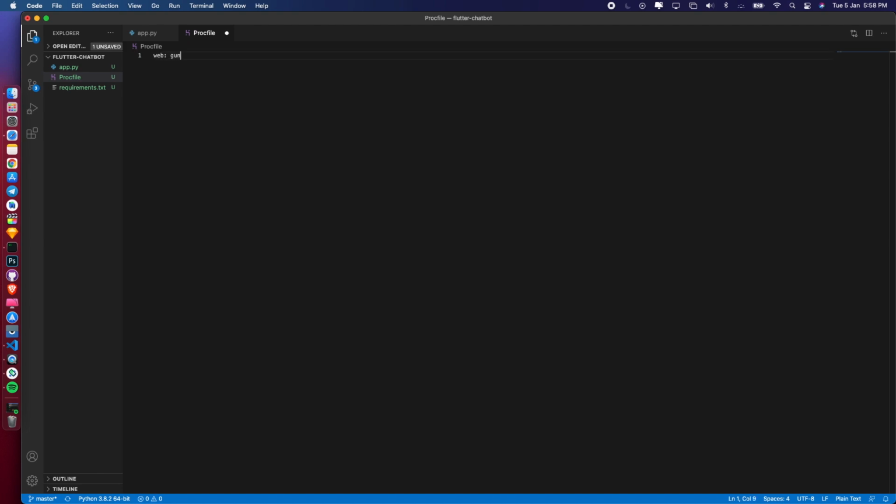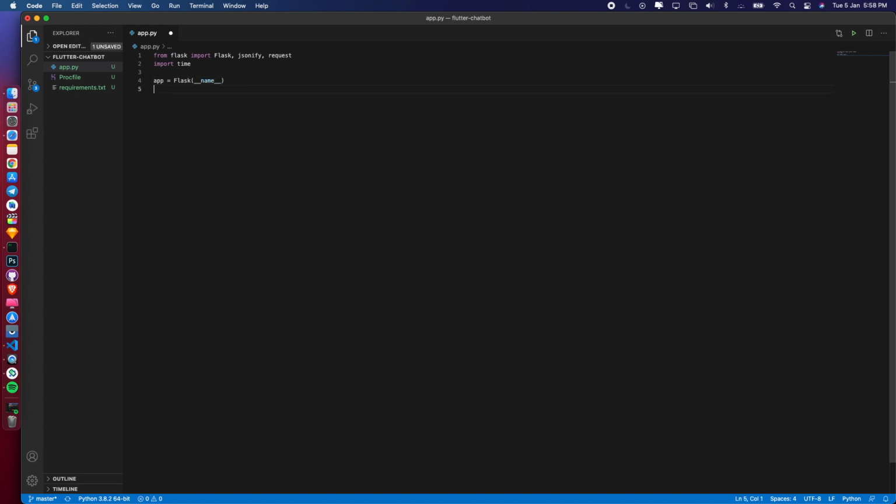Now we'll be editing our Procfile. We'll be writing web: gunicorn app. From flask, import Flask, comma, we also need jsonify and the request library. Also time, because we'll be predicting the time lapse in front of our query. Now let us define our app. This will be a Flask app with the name.